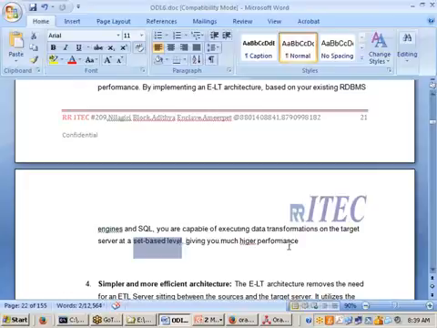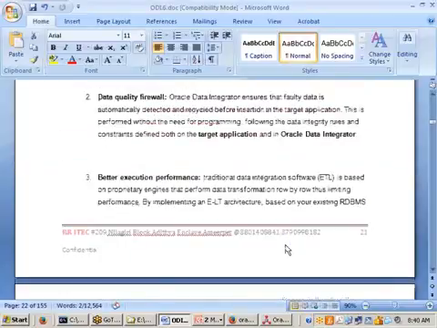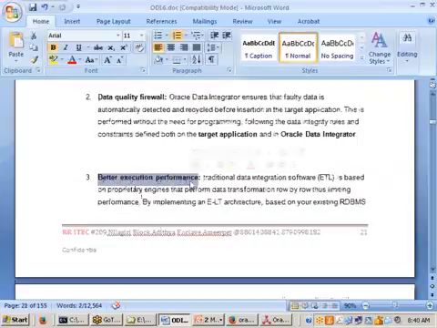Here it has to process one by one row. What is the process happening, sir? From database to ETL server, the data has to move first. While it is moving, how can it move, sir? One by one record is going to move. But this is doing the transformation where, sir? Directly in the database only it is doing. That is the reason a set of records is going to be processed at a time. Clear? Because of that, we are saying better execution performance.